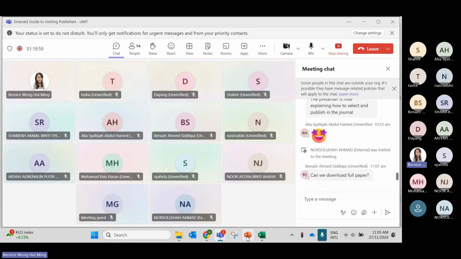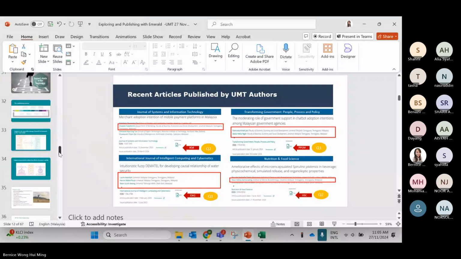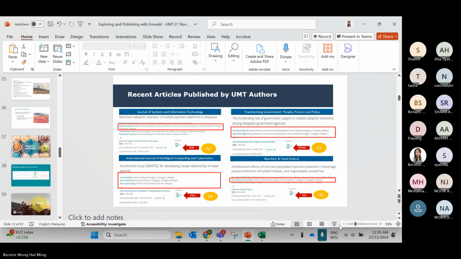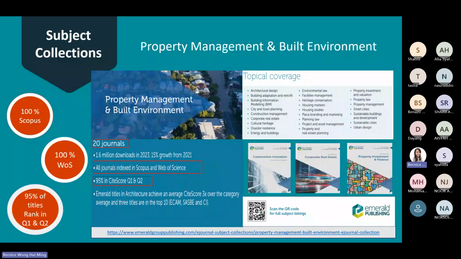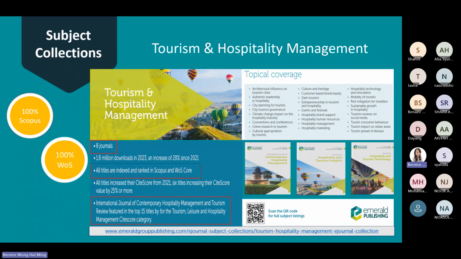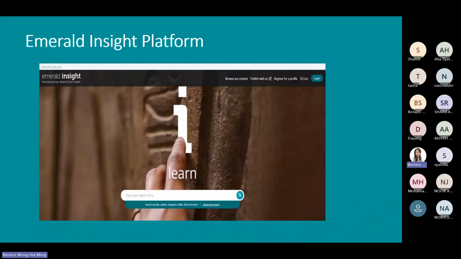Okay, so next I will go to the next part. I believe that now you already know how to find journals, select the right journals from the platform, read through the articles and topics that you want to publish, and see where the authors published.